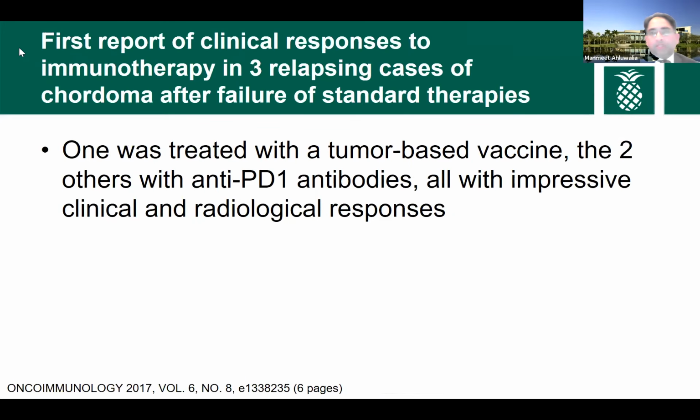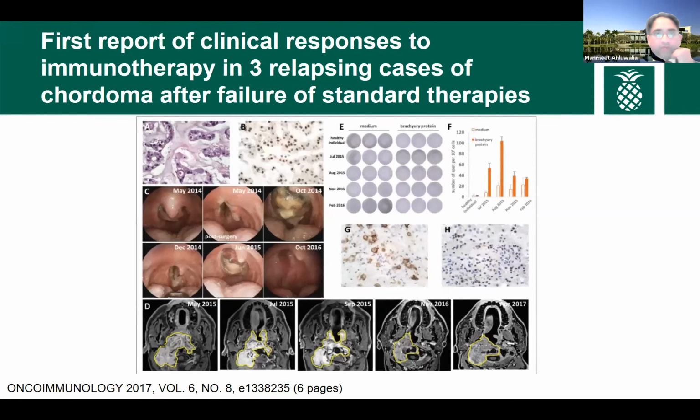Then obviously, as in a field that has interest in this, there is a fair amount of excitement looking at immunotherapies. And this was a case report in immuno-oncology a couple of years back where they actually showed 3 cases of chordomas responding to immunotherapy. One of them was based on a tumor-based vaccine against Brachyury, and 2 of them had anti-PD antibodies, and there have been other case reports as well with some of the PD-1 agents, which have shown clinical